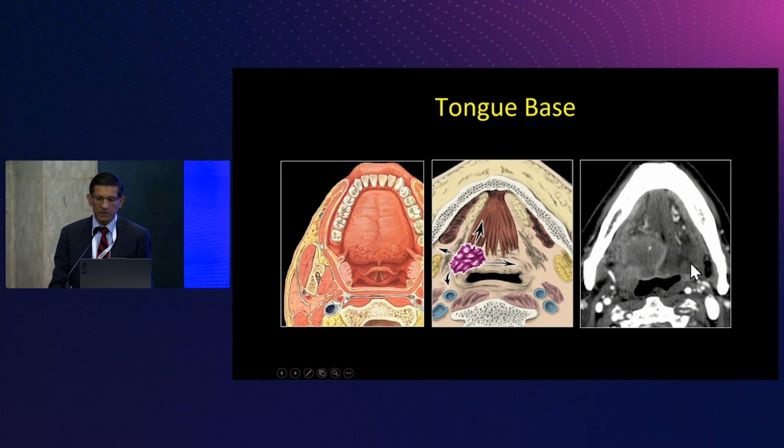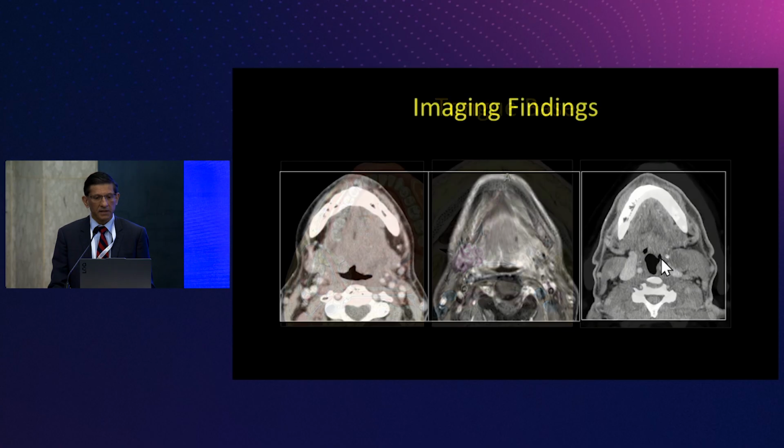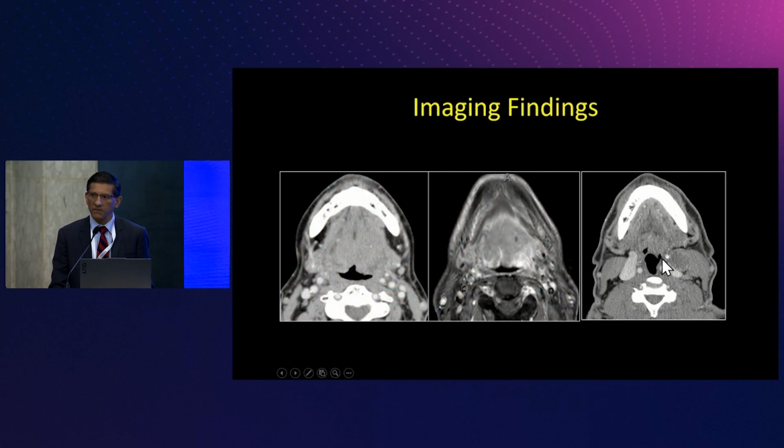As we go more posteriorly, the fibers are a little more transverse. That's the junction between the floor of the mouth and the tongue base. In this lesion, the tumor is involving the tongue base, and here's our fat in the lingual septum. We can see that the tumor extends to the lingual septum. This is a pretty non-specific appearance, but 9 times out of 10, this is going to be squamous cell carcinoma involving the tongue base. So you've made the diagnosis of squamous cell carcinoma involving the tongue base.